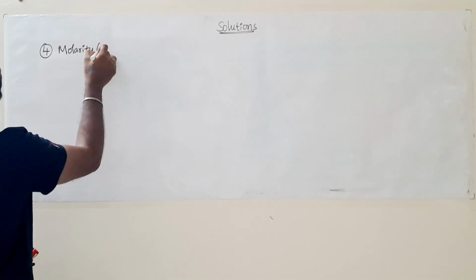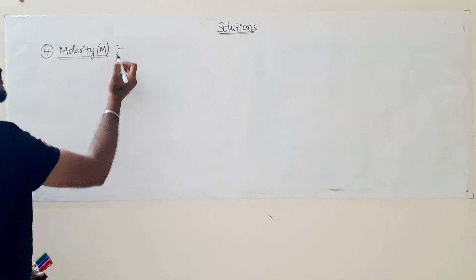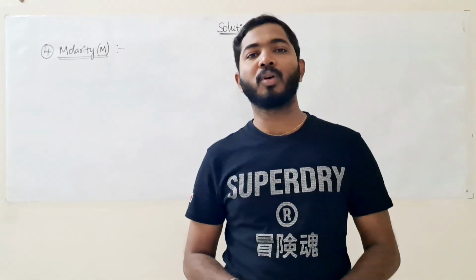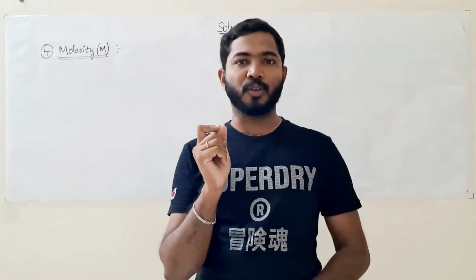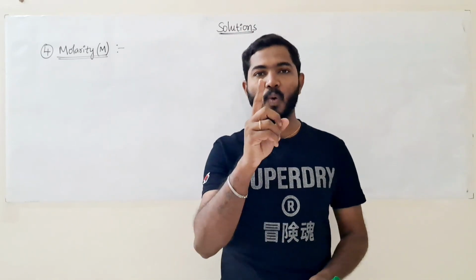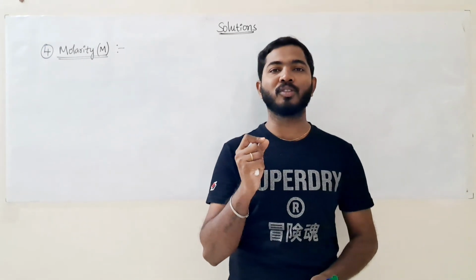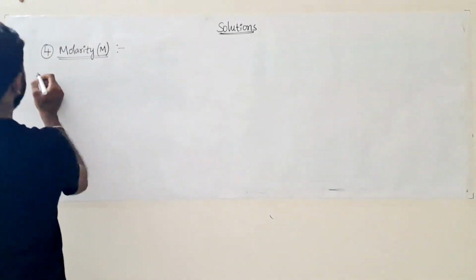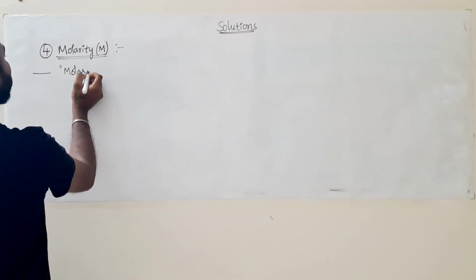Molarity, generally we define this with capital M. Now what exactly does the term molarity define? The term molarity defines that it is the number of moles of solute present in 1 liter of solution. I am repeating, it is the number of moles of solute present in 1 liter of solution. Let me write down molarity can be defined as